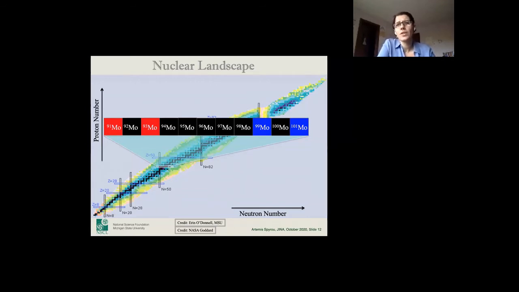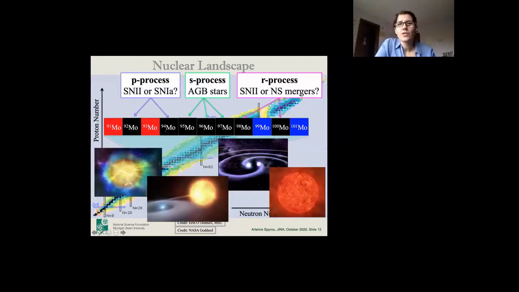So in general, the goal is to figure out where all the stable isotopes are coming from, because typically when you look at a star, you're not looking at what's happening right now. You're looking at the leftovers after all the processes are done. Okay, so just as an example, if I look at the different isotopes of molybdenum and I want to see where they are made, we don't know everything for sure. There's a lot of question marks here, but we know that the most significant contributions are coming from particular processes.